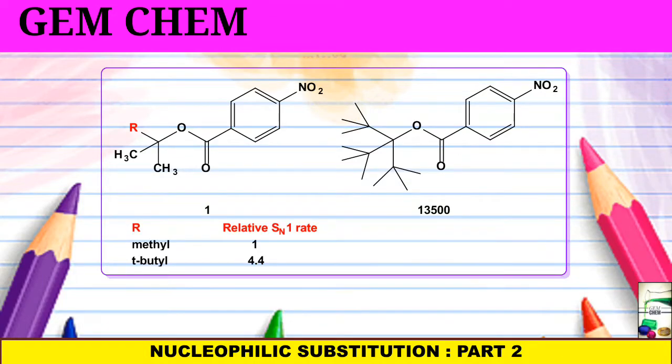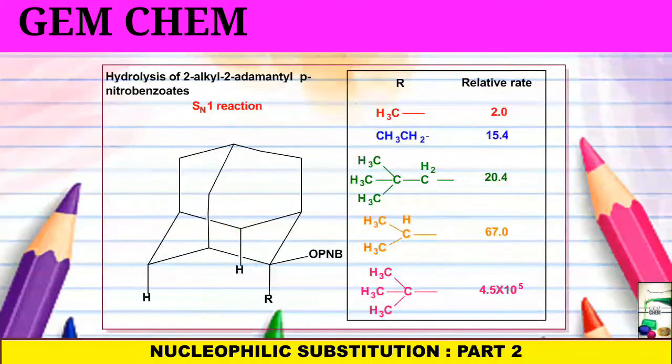And these particular effects are summarized under the category of B strain or back strain. Next is a higher example of B strain or back strain. If you see this 2-alkyl 2-adamantyl para-nitrobenzoate, here we are doing the hydrolysis, so this group will go away,